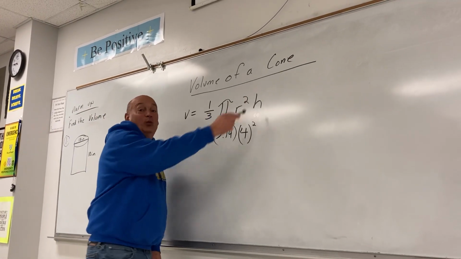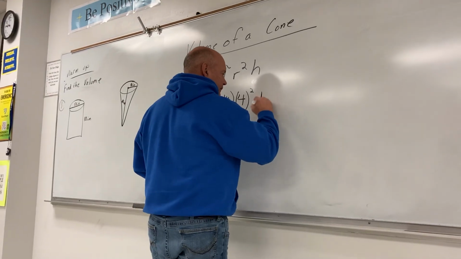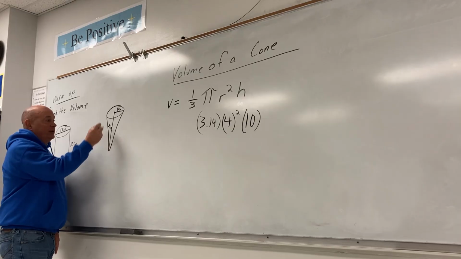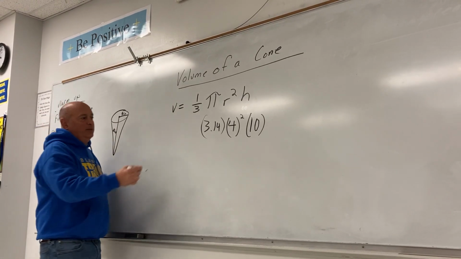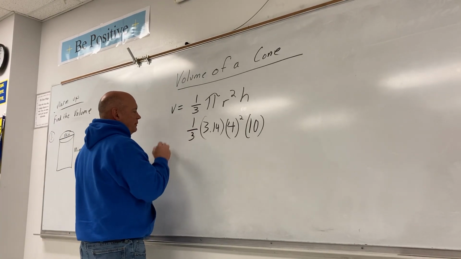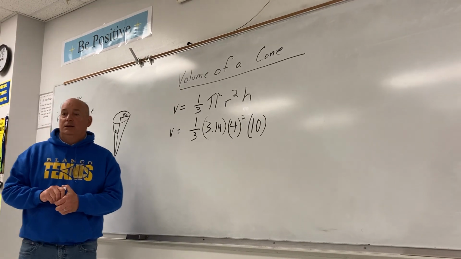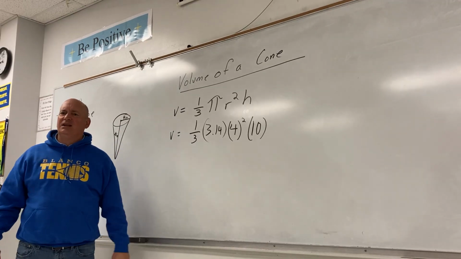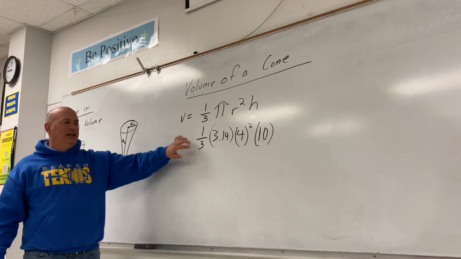All right. And what would be the height, Yolette? 10. Are you with us? Okay. So on the homework, if they happen to put like the slant height, don't use that one. Use the height from the tip of the cone to the center of the cone. And then we can't forget that we need to multiply everything by 1/3. All right, calculator time. Pick up your calculator. Everybody type in the fraction, 1/3. How do I type that in? 1 divided by 3. Thank you. 1 divided by 3. And then hit times